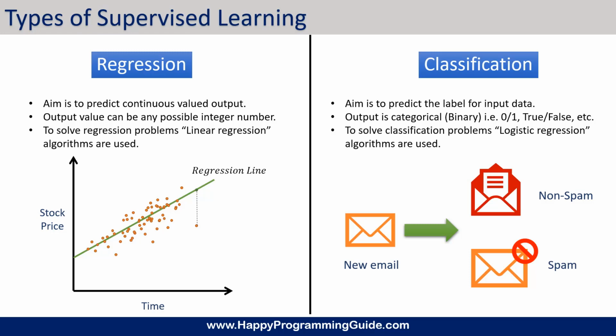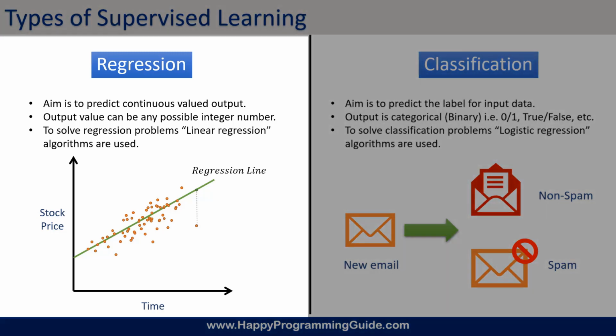Now let us see the regression type of supervised machine learning. The regression technique predicts a continuous valued output. It is used to predict a number. We can use this technique for predicting the value of a house on inputs like locality and its size, or we can predict the price of a stock or the time it will take me to reach home based on traffic and weather conditions.